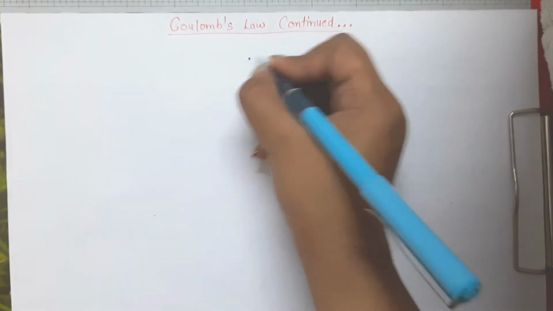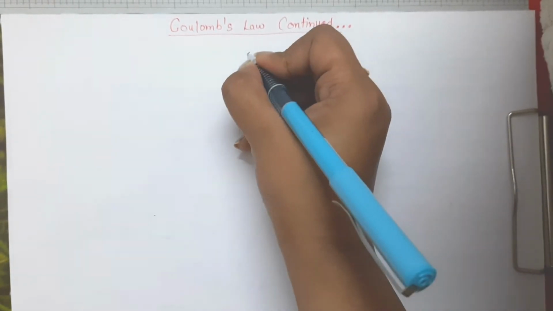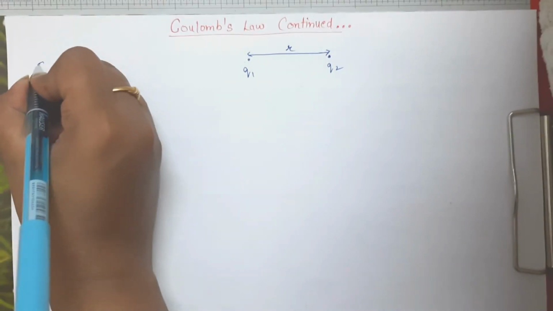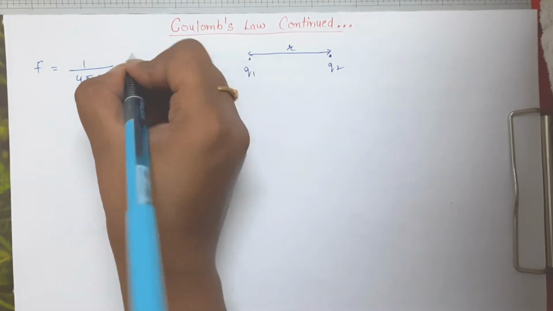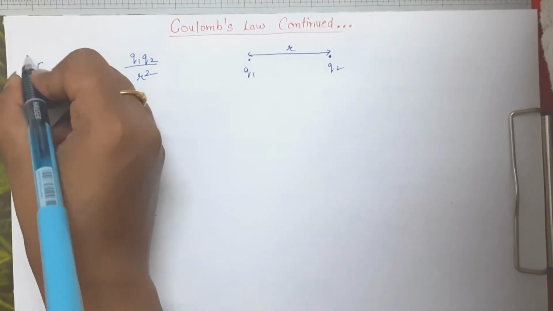So in the previous video of electrostatics, we were discussing quantization of charge and we were on the topic of Coulomb's law. In Coulomb's law, we have two charges, Q1 and Q2, separated by some distance r, and the force between these two charges will be 1 by 4 pi epsilon naught Q1 Q2 by r square. This will be the formula,